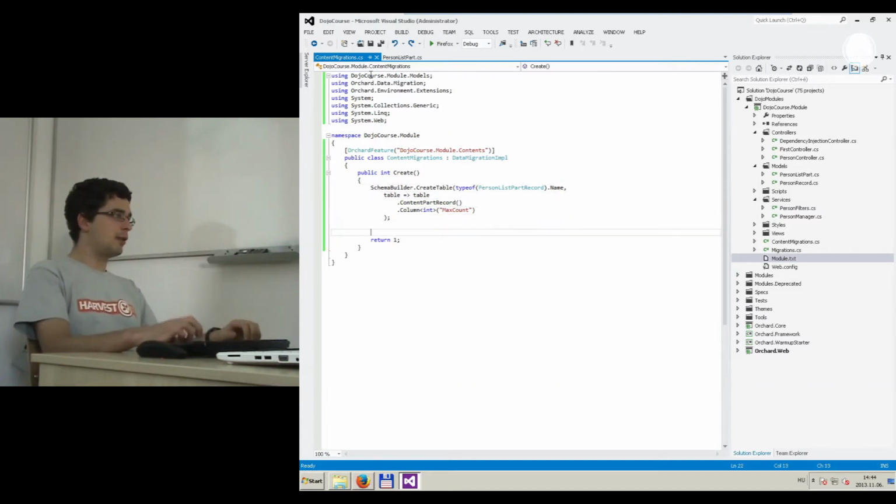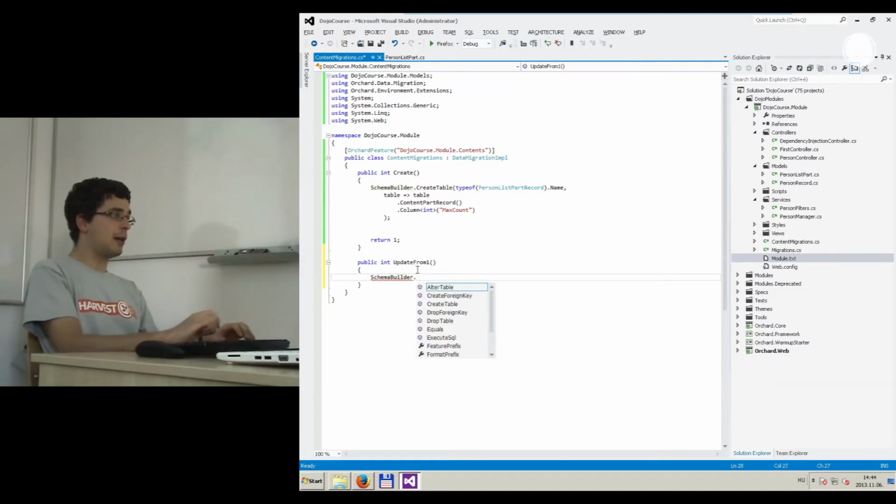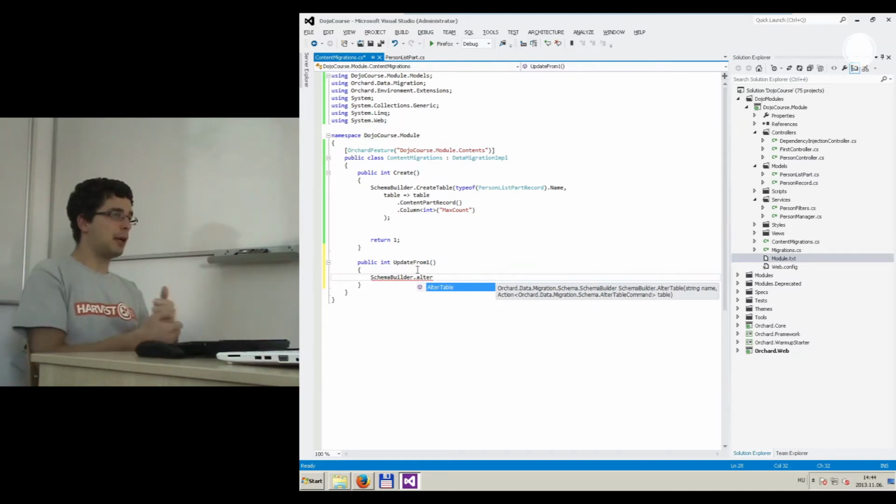So as we have learned before, to enhance our migration we have to write an update method. So that should be in the form of update from something, where something is the index of the previous migration step. So in this case 1. And in this update from we have to alter how our part is handled by Orchard in the content definition, and for that we will use an alter part definition method here, but